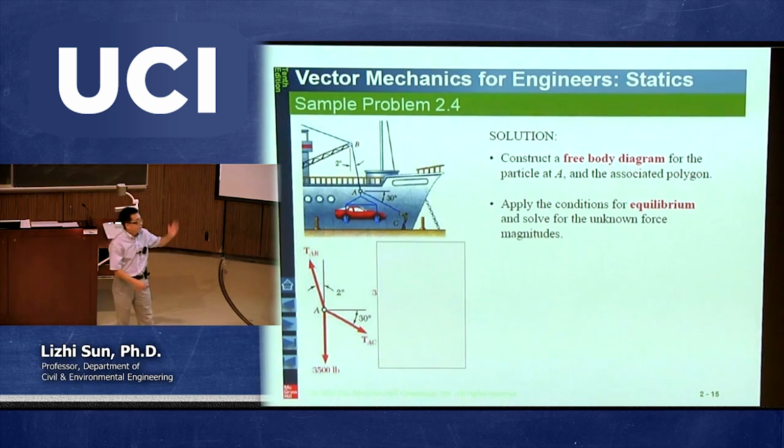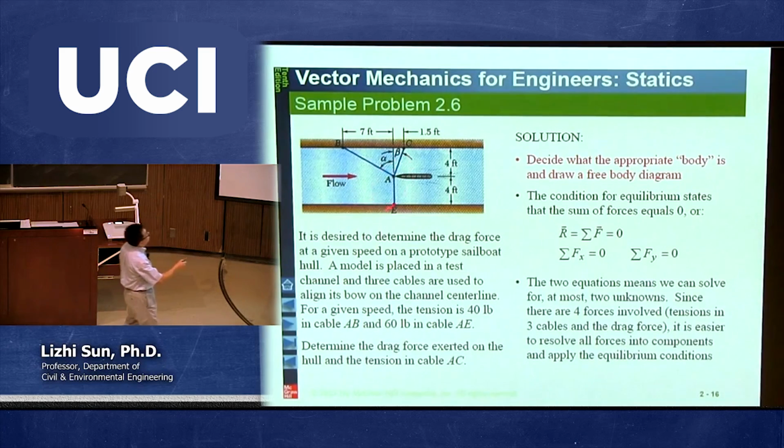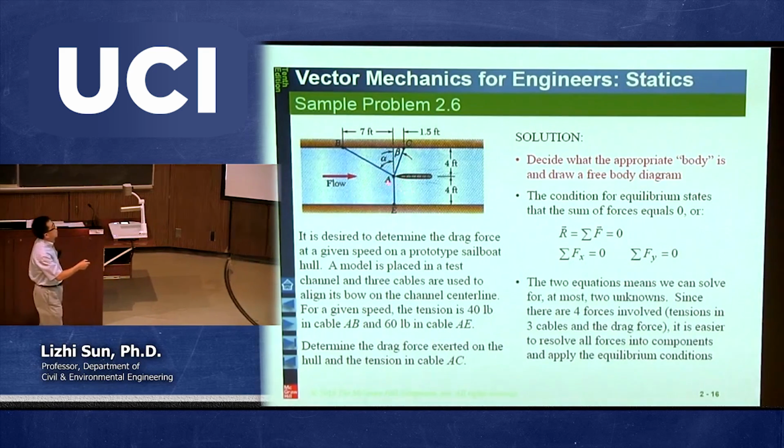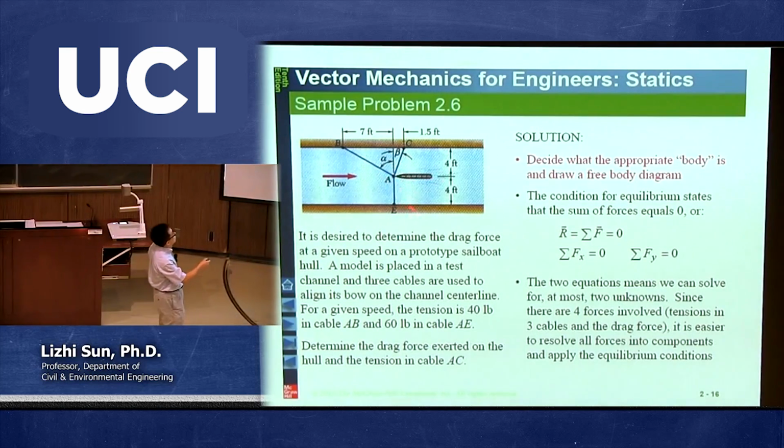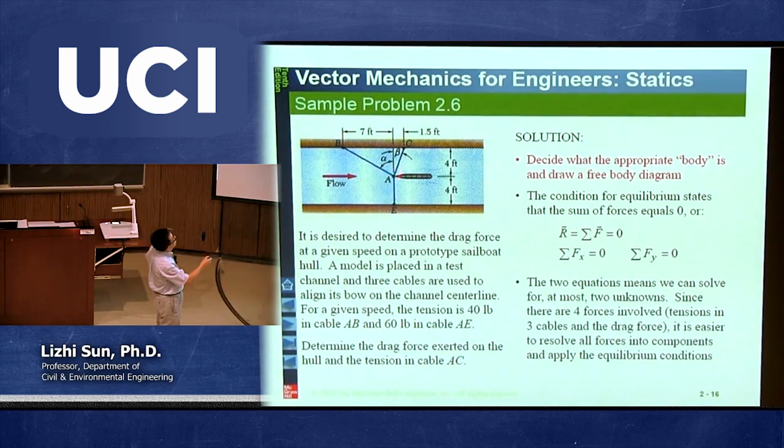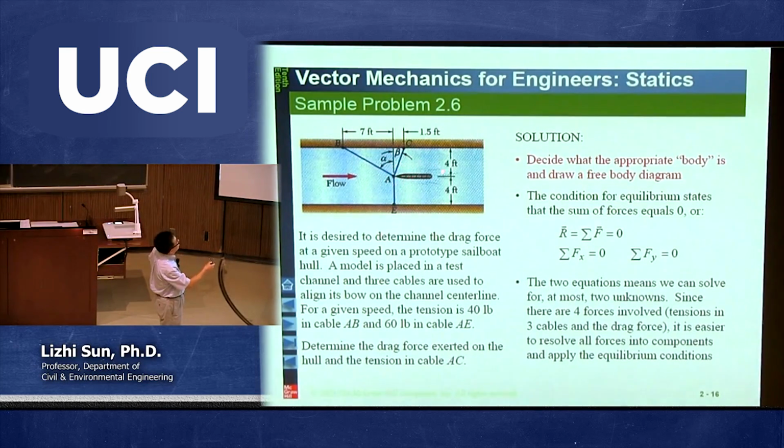The other example I told you about yesterday, from last time, is this one. We have a river with a small boat with an engine. There are 3 cables connected to this point. It's in equilibrium; in other words, it moves at a constant speed in a straight line in that direction. And how are we going to calculate some